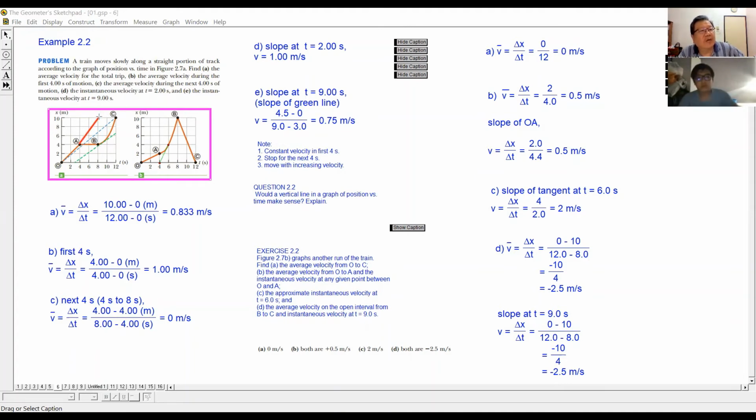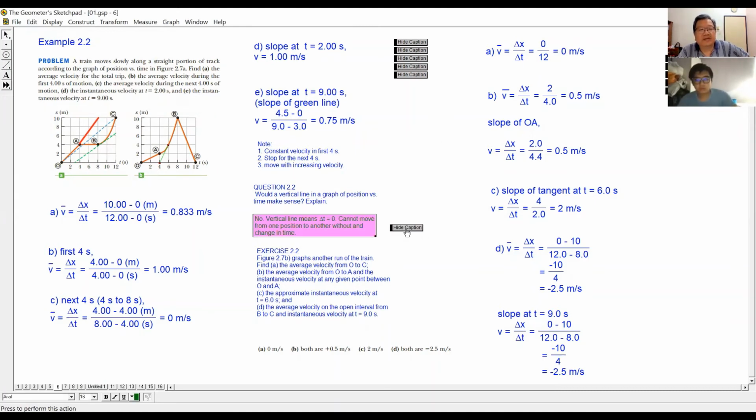4 seconds, then you move to another position. But if it is vertical, that means no time, but you move to another new position, which is not possible, right? Okay, you read this 2.7,